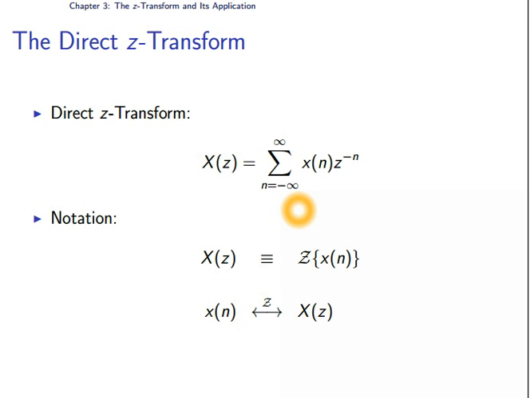So here, first of all, we will see the Z domain. The Z domain is a complex Z plane, and why we use this type of transformation technique is